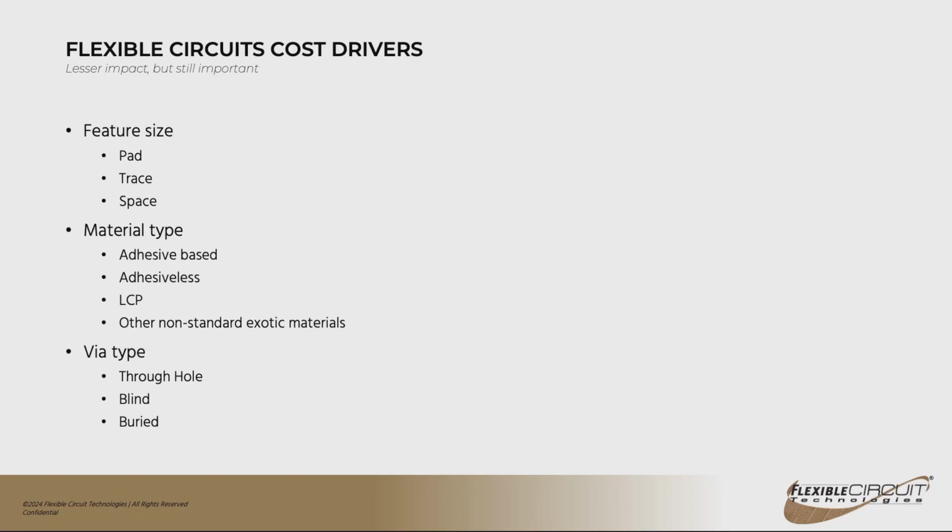So just because you have blind vias, a blind via from 2 to 3 is not the same as a blind via from 3 to 4. Those are 2 separate unique via structures. The more via structures you add, the more sequential laminations that you're going to be requiring the supplier to do, and you can actually increase the number of cycles by anywhere from 4 to 10 times the number of processes,